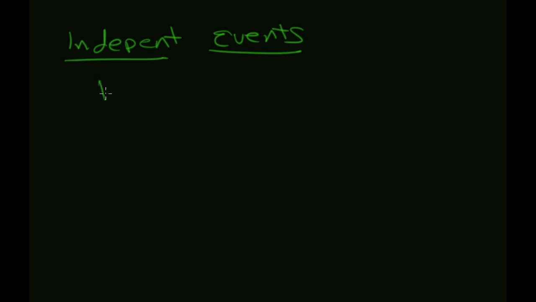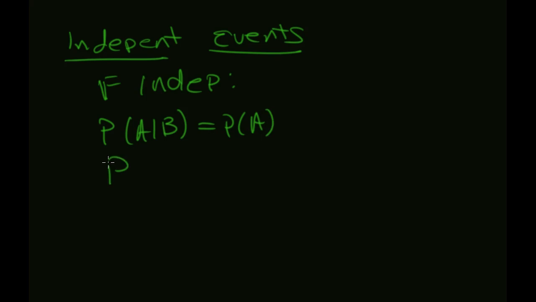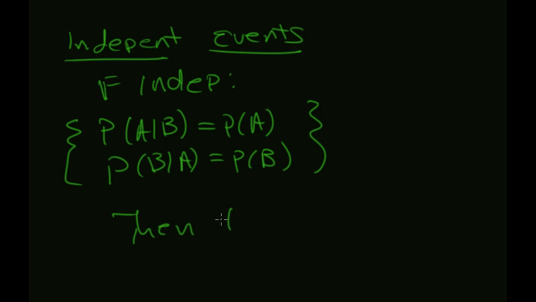So this means that if events are independent, the following should be true. The probability of A given B should equal the probability of A. And the probability of B given A should simply equal the probability of B. If these two things are true, then we can say that A